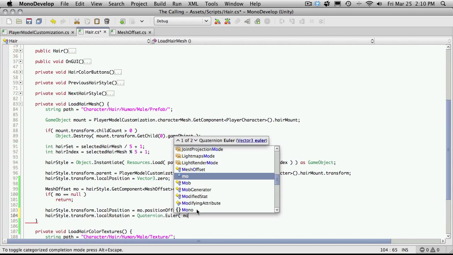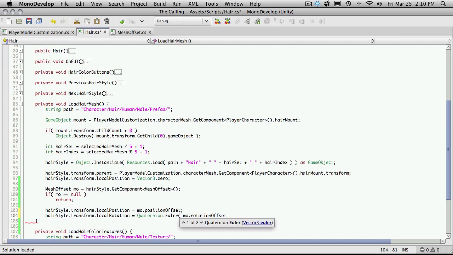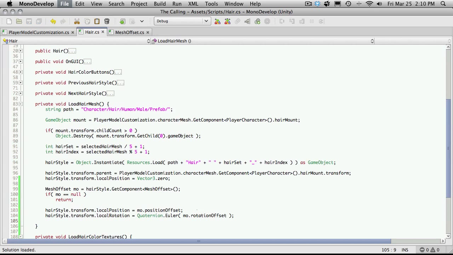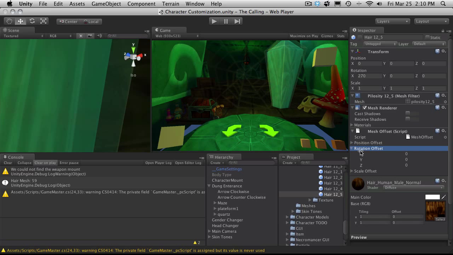And inside here is where we're going to pass in our mod dot, I believe I called it rotational offset, or rotation offset. And while I'm here, I might as well do scale. Well, we'll wait for scale because I want to play around with that a bit as well. So I'll start this up, and here we are. Now we just have X, Y, and Z. And if we start this up,